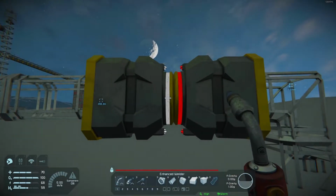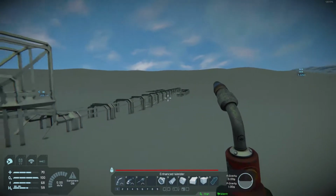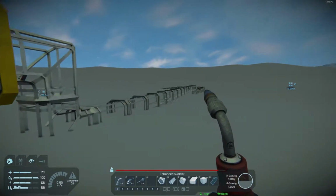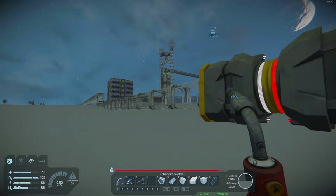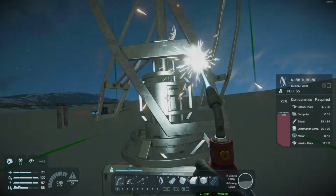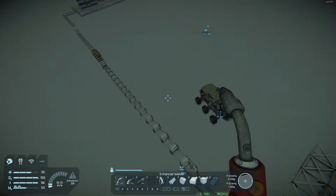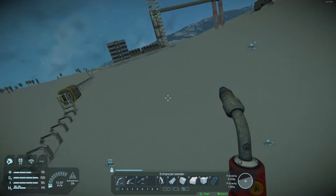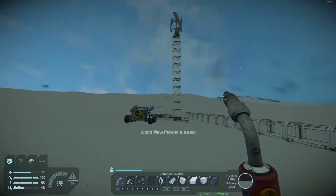Okay, that should allow us to get power across at the very least. Can't do very much else over here just yet, because this doesn't have any power to actually activate its own connector, but that shouldn't take us very long to fix. And there we go, some homegrown power. That should be enough to get this connector up and running, and then we'll be able to actually see a